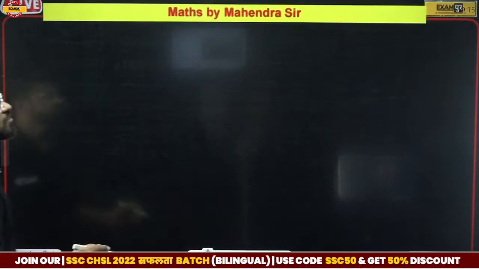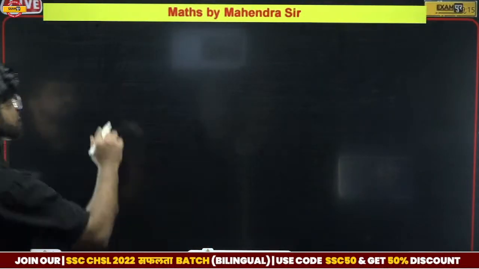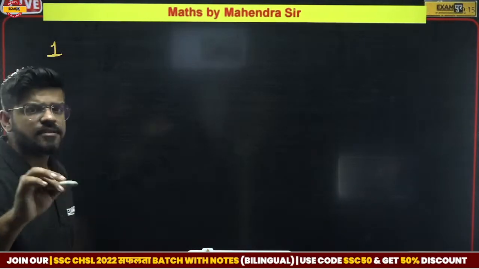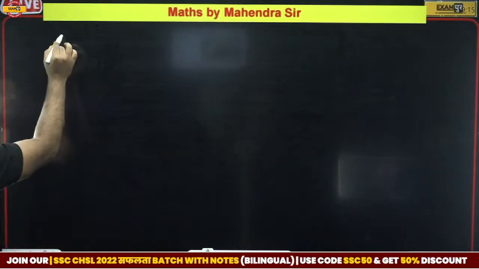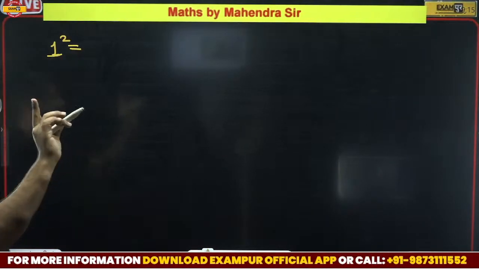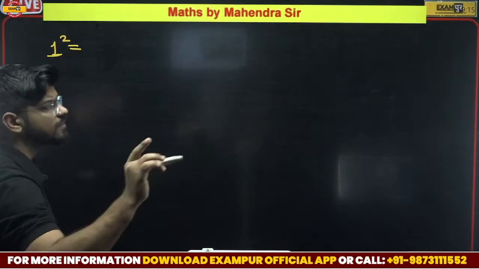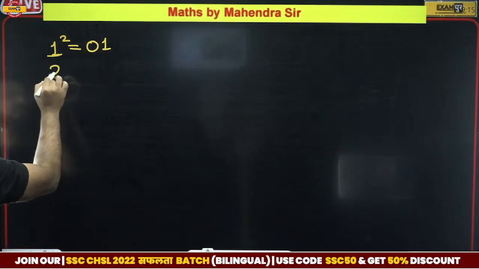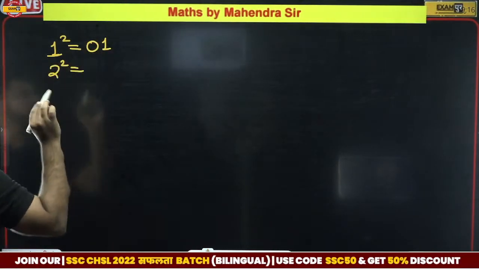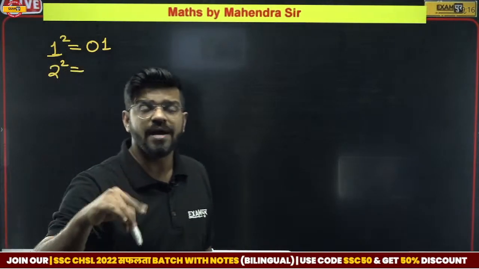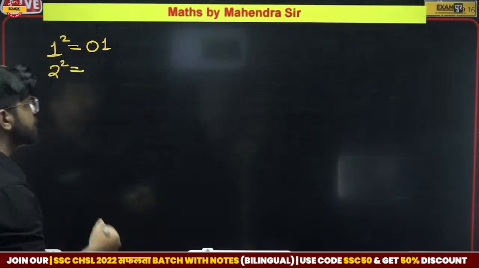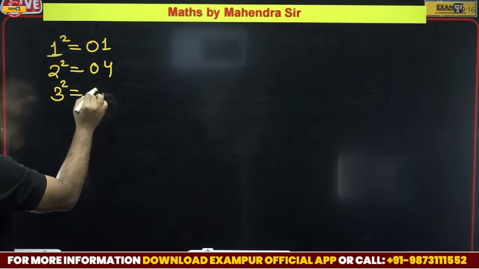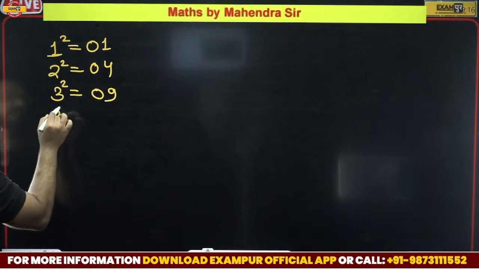So now let me tell you how to find the squares. Before that, for this trick, you should know at least the squares up to 25. You have to learn the squares up to 25. So the square of 1 is 01. Remember that I am writing it 01 because we have to write a single digit square as 2 digits. It is 04. This is 09. You have to write this as